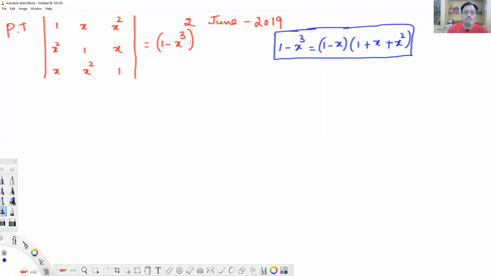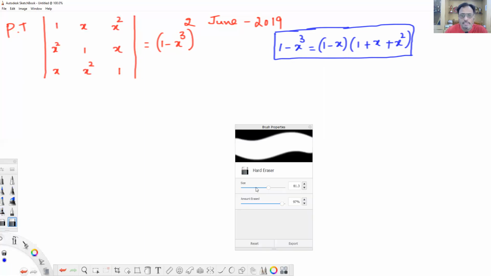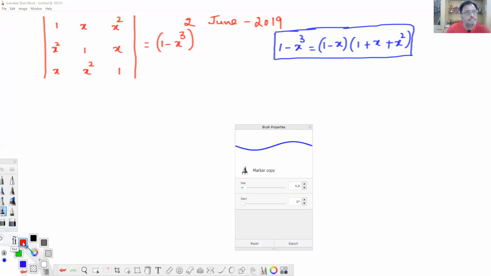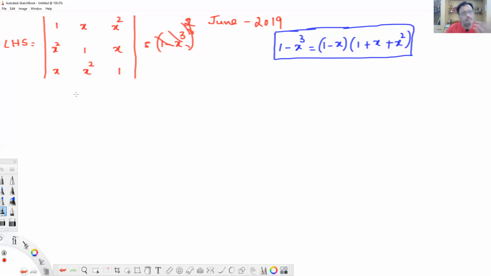So (1 minus x cube) whole square you have to take directly. Now, what I'll do: this one I'll take as x. We have decided. If you see the column, there is also 1, so element 1, after that 1, x and x square. So both are the same, only the arrangement is different. So this one we take as LHS, and this is the answer to be proved. Later on we'll see that. So decided, either 1, x, x square, otherwise 1 plus x plus x square.